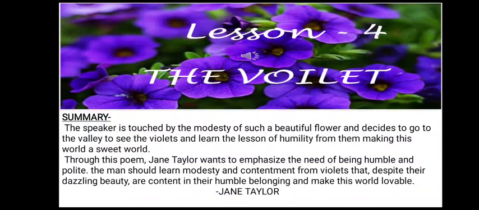So in this poetry, the poet is discussing the beauty. She is admiring the beauty of the beautiful flower, that is violet, and the name of the beautiful flower, that is violet, comes from its color. Okay, the flower is very beautiful, she is admiring it, and she is just telling everybody to be like that beautiful